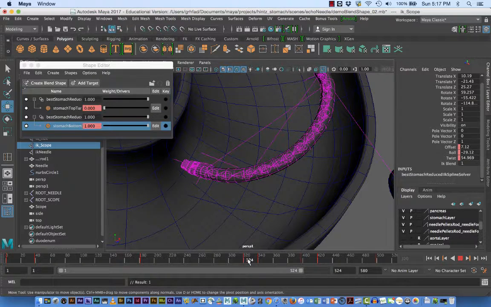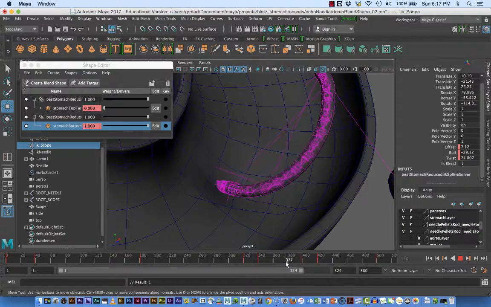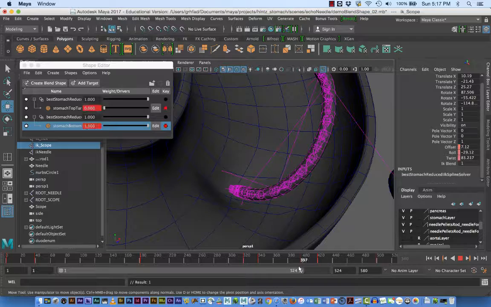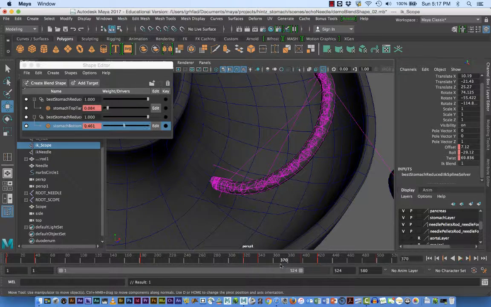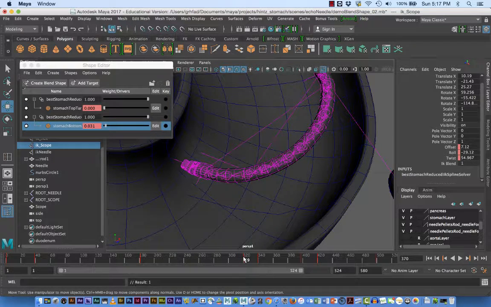Alright, so at 320, 340, everybody should be the same. Bottom again should be all the way up, holding it. Okay, now as we come down, the bottom is depressing. Okay, so we've got a little bit of the same problem we had before. See right here, I'm not quite getting enough. Let's see what I can do. If I can expedite just a little bit more. Okay, key that. So now we can get,